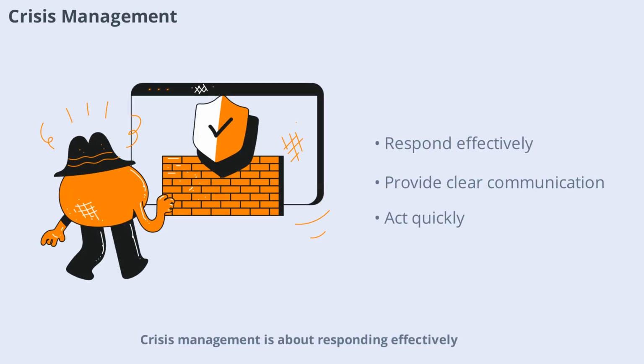Crisis management is about responding effectively when a major risk becomes reality. This requires clear communication, decisive leadership, and well-practiced procedures. Having a crisis management plan in place ensures your team knows what to do and can act quickly to minimize